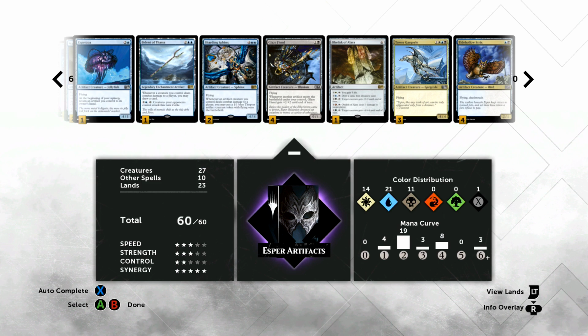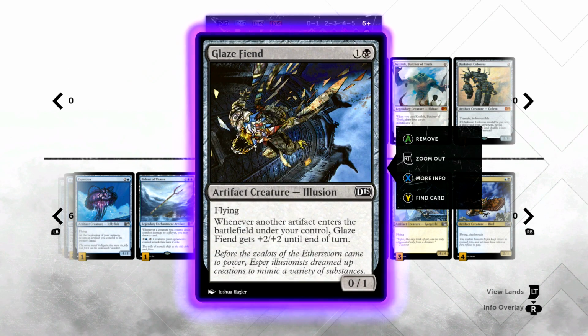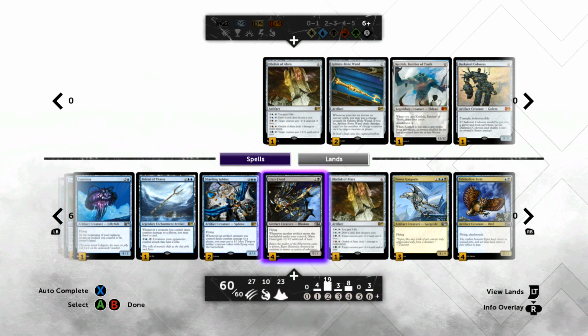So the reason that I'm going to be playing Esper, honestly, the reason to play black in the artifact deck is this little guy. It's a 2 mana 0/1 flyer, but whenever another artifact enters the battlefield under your control, Glaze Fiend gets +2/+2 until end of turn. So he gets really big if you're able to get a sufficient amount of artifacts to enter the battlefield, and he hits really hard in the air. So that's the reason that I want to play black,